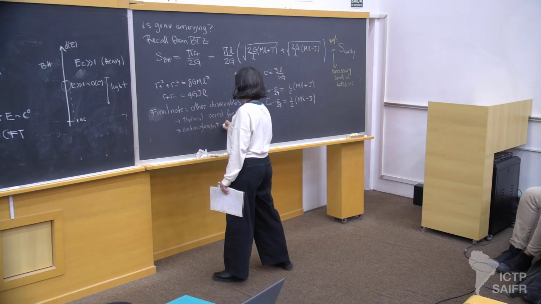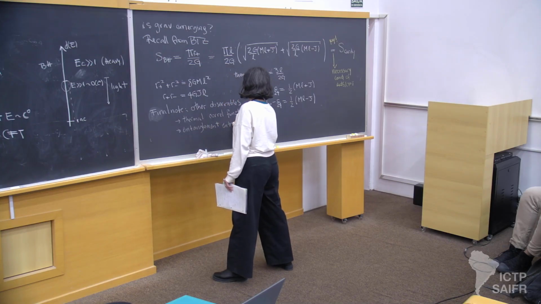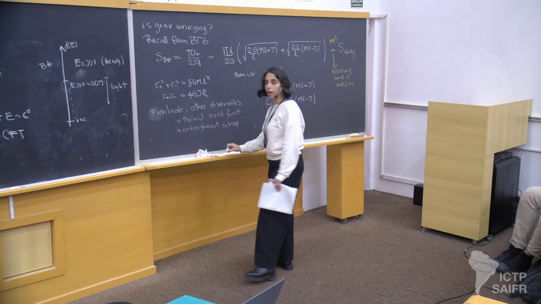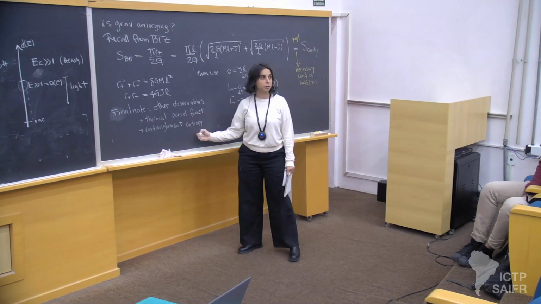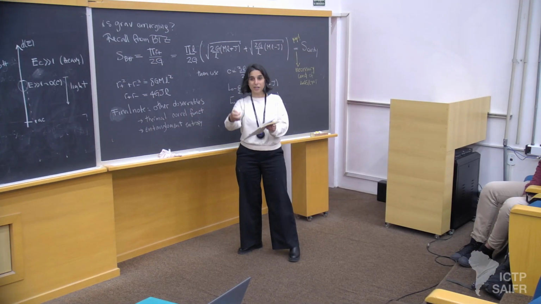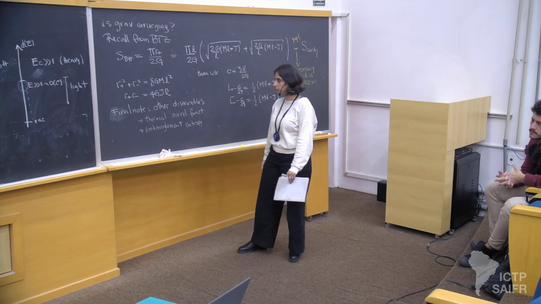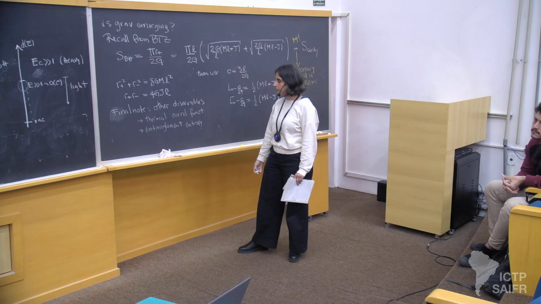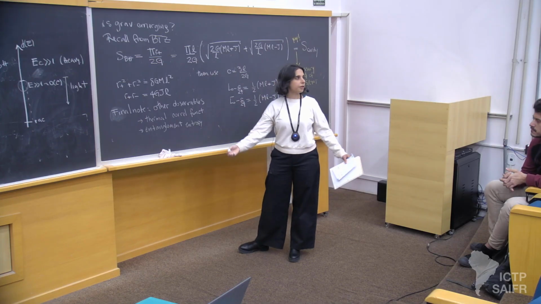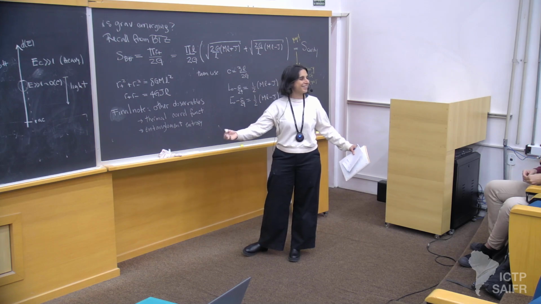And people have done this as well. Understand universal properties of entanglement entropy, but then also, if you wanted to get the same physics as black holes, what are constraints such that the entanglement entropy of the CFT matches it? What else? Let's see. Any other thing that you can think about that you compute in AdS₃?